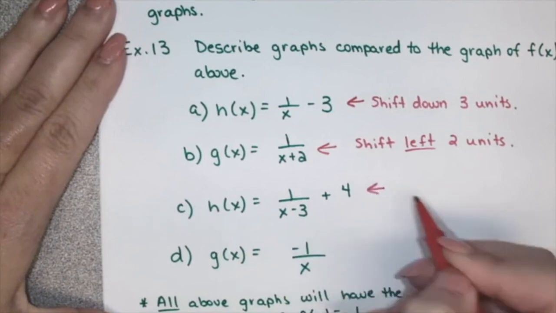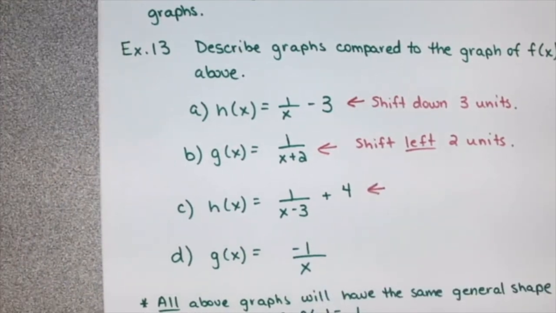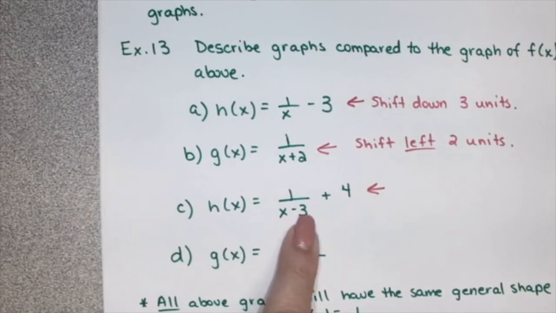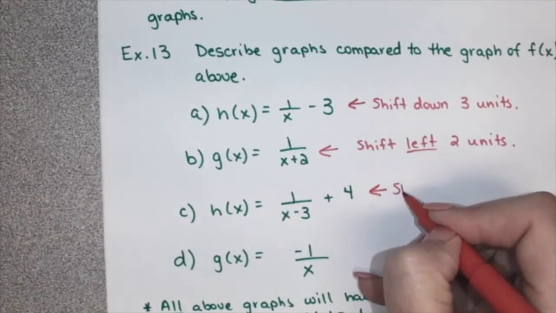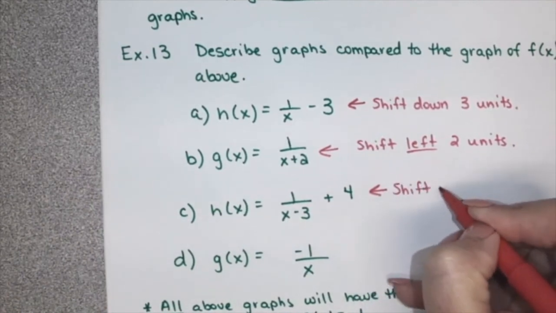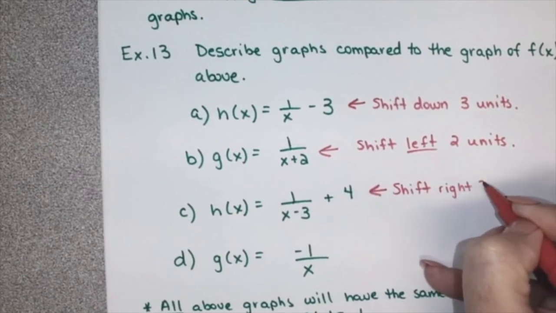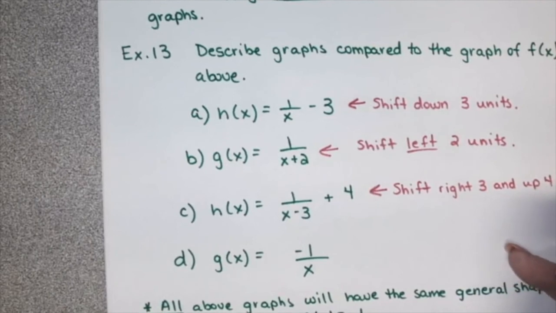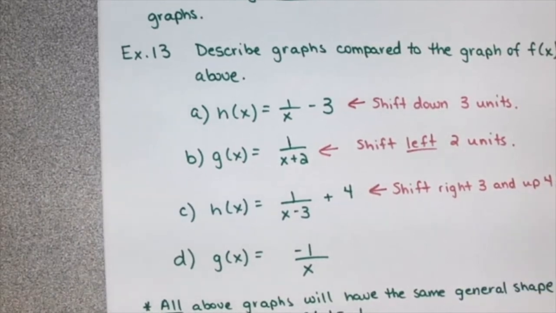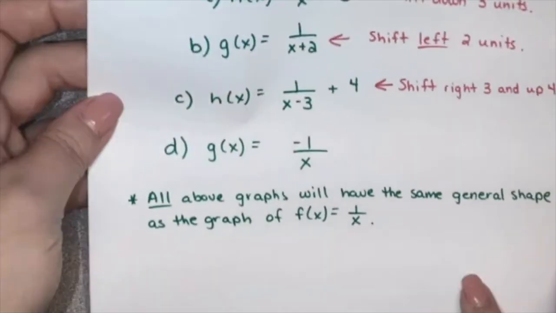All right, so what about this one? We have two shifts happening, right? We have a shift of what according to this? Right, 3, and then what is this going to do to the graph? Up 4, okay. So this would be shift right 3 and up 4 units. Remember, you work from the inside out, so technically you would do the right shift first, right? Because that's the one on the inside. And then